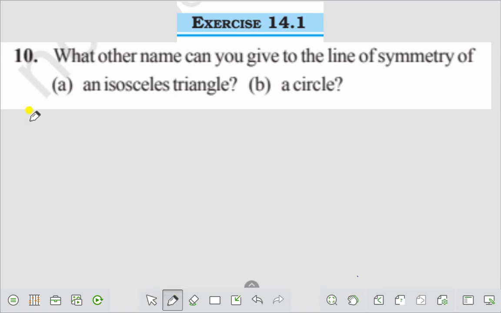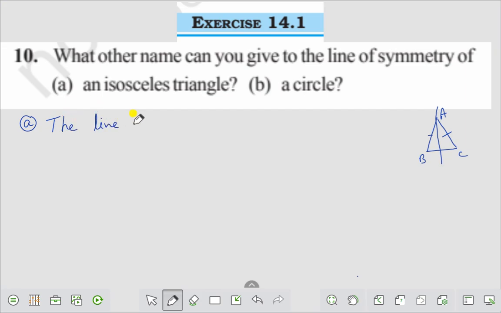question number A, if we draw an isosceles triangle, then suppose this is an isosceles triangle, we draw this line of symmetry, it is A, B and C. This side is equal to this side, therefore it is either a median or an altitude, right? Therefore we can say the line of symmetry,